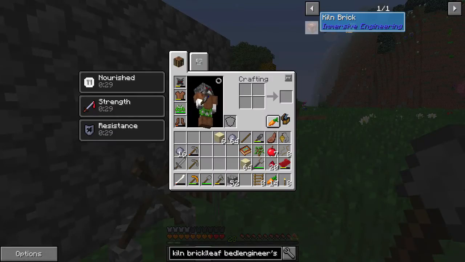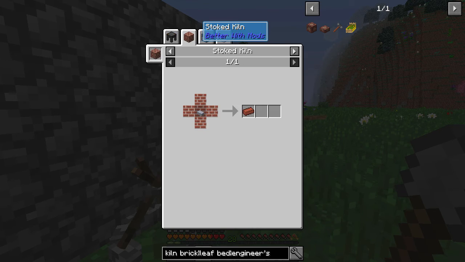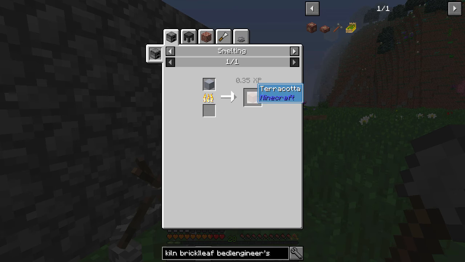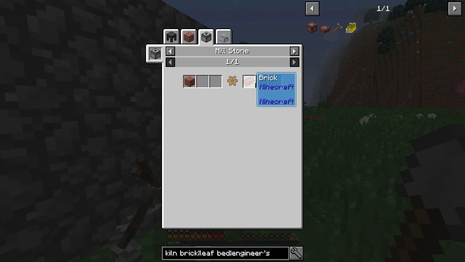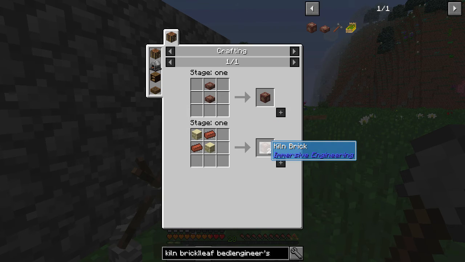So the alloy kiln, we need 8 of these kiln blocks, and they require sandstone and bricks. Now bricks we can make in a clay kiln, and that would be fine. We could also... Ooh, that might be faster, but that's probably not going to be that much faster. We need... Oh, these make 2. I didn't realize. We only need 4 recipes of this, so we need 8